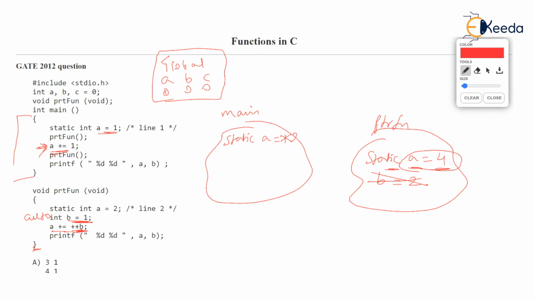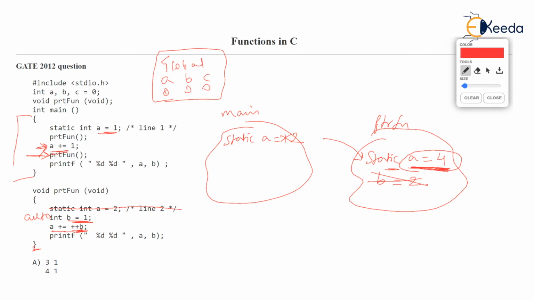There is again a call to ptr fun. So we are re-entering this function ptr fun, and now this static variable a will be used as 4 and not as 2. So if you jump to the ptr function again, then this static int a = 2 won't be read at all. Remember the fundamentals. A won't become 2.